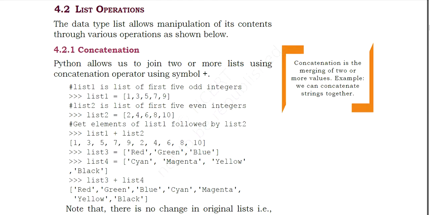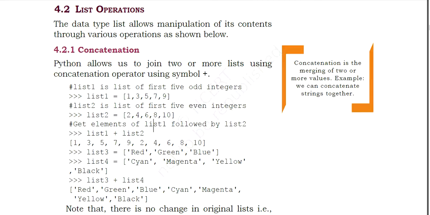This plus operation is known as concatenation here. It is not just doing arithmetic addition, it is just adding the list 1 and list 2 elements together. So list 1 elements followed by list 2, that is the work of concatenate. These are the elements of list 1, and these remaining elements are the elements of list 2. If you write list 1 plus list 2, that means we are concatenating list 2 to list 1, and this is the result you will get.